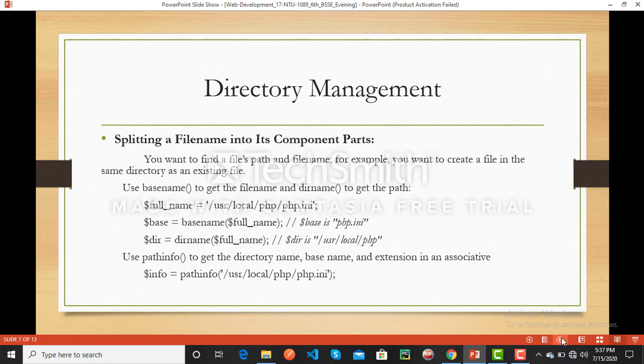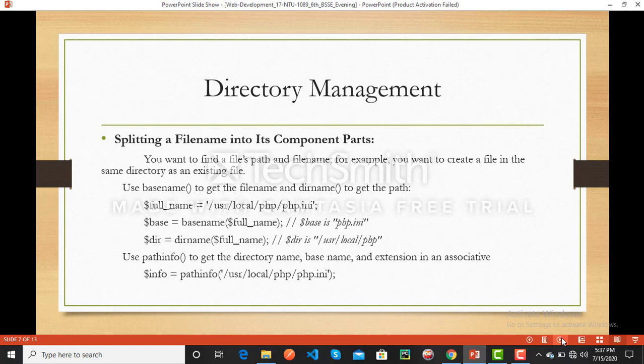For example, in programming, first we set our full name, /usr/local/php.ini.